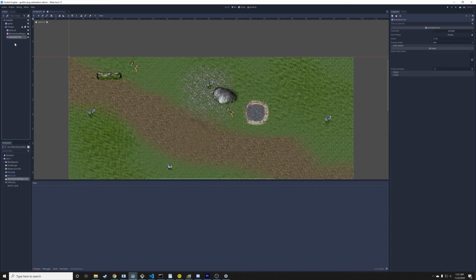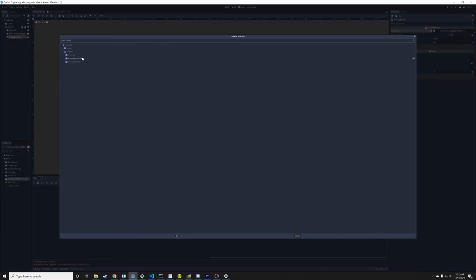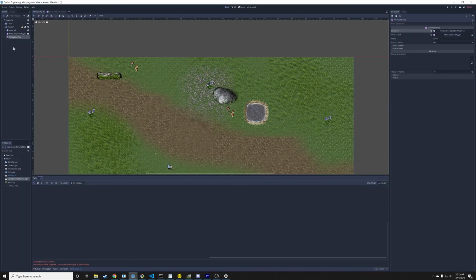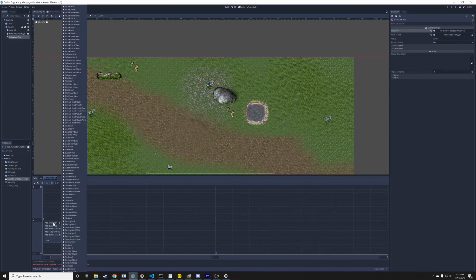So I've created my animation tree. I'm going to make it a 2D blend space. Or I'm sorry, I'm going to make it a state machine. I'm going to assign it to our small monster player animation. So great, here we are. Right now we have our animation tree. Another little cheater thing I'm going to do is instead of creating a new 2D blend space and drawing all the triangles by hand and adding the animations in,